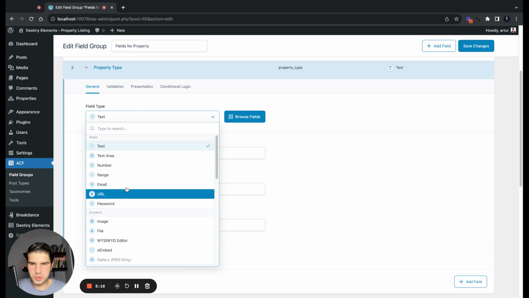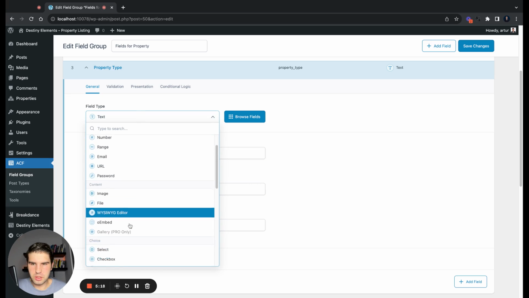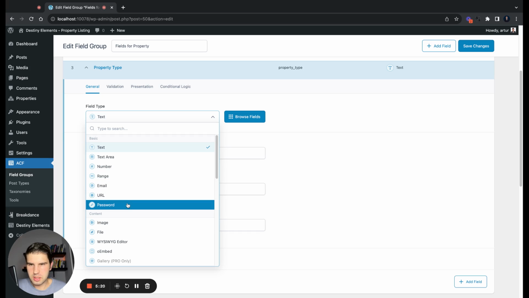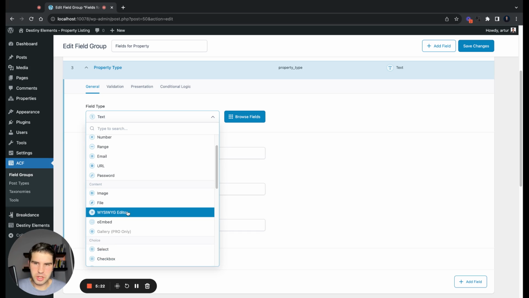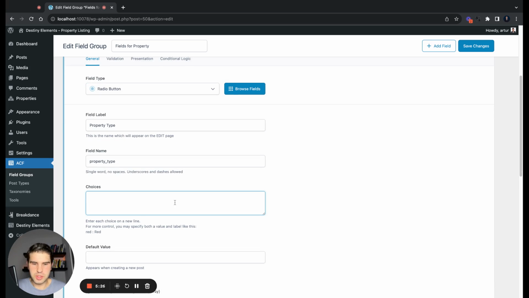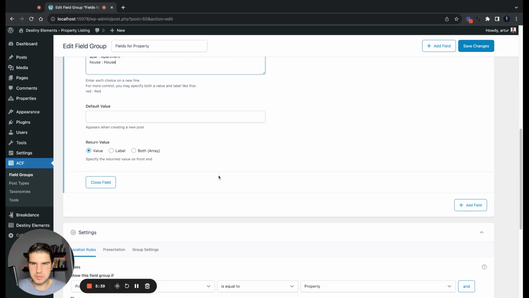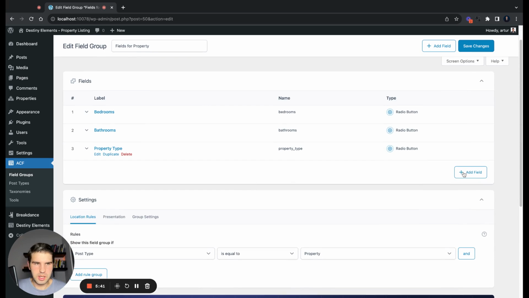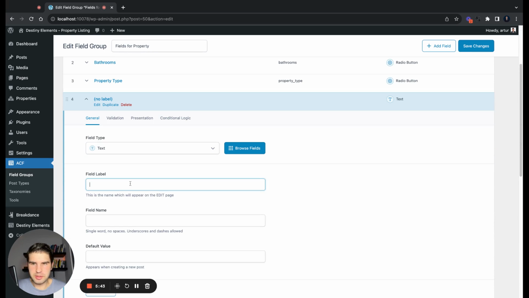And for this one, I think we're gonna go with the radio button again. So let's just go simple: apartment, and then we're gonna call it a house as well. So, house. Then we'll add in our location,